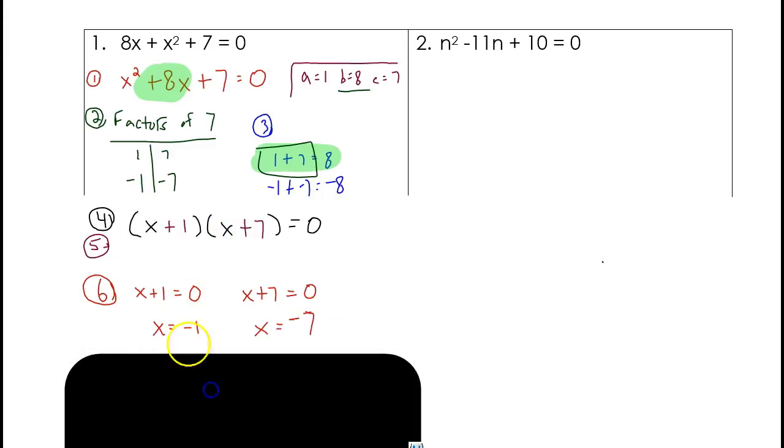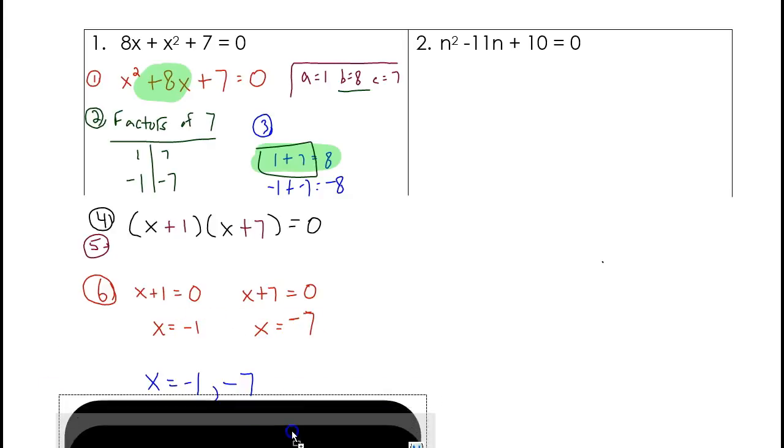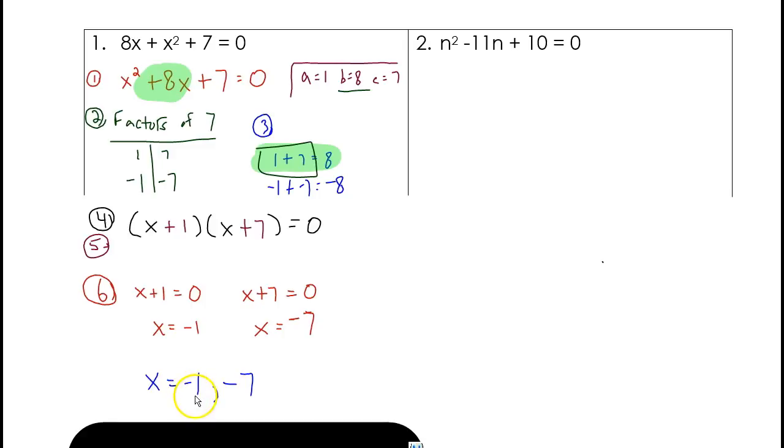Well, those are easy to solve. You subtract 1 on the left one and you subtract 7 on the right one. So we get two solutions, -1 and -7. What I like to do is just bring them together in one answer. x is equal to -1, -7. We circle that up and say, we got it. That is our solution. So from here on out, I'm not going to list out every step along the way,